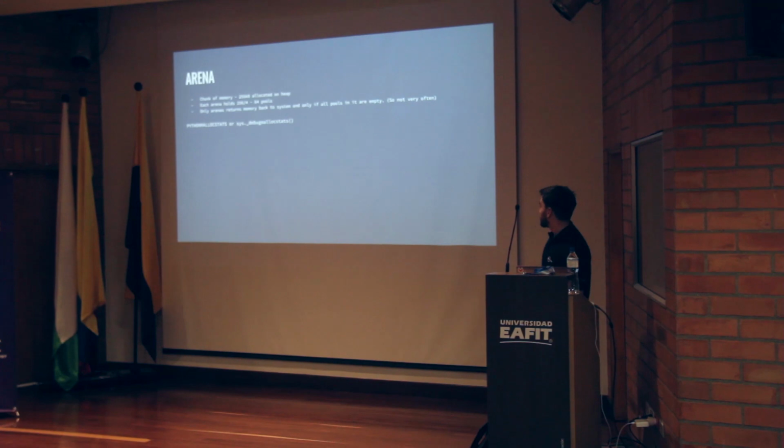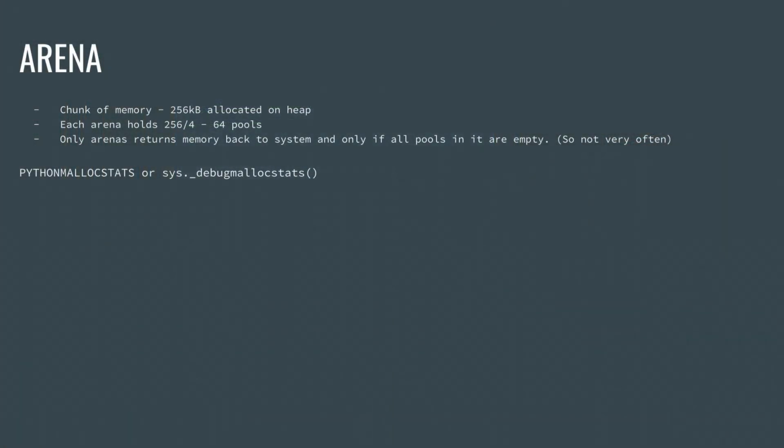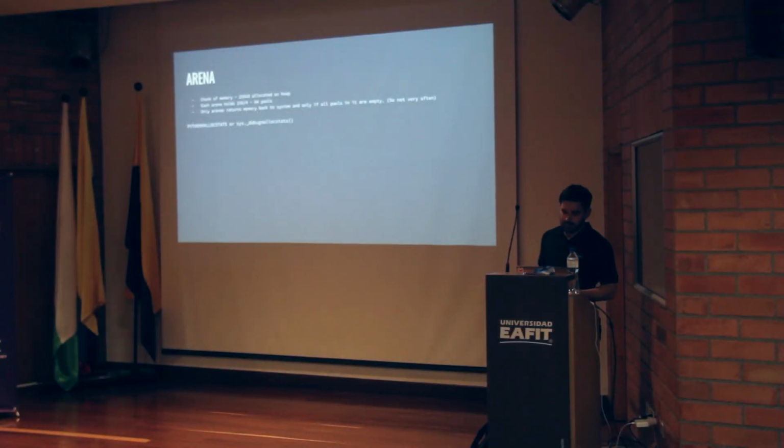Yeah, cool. So next one are arenas. And those are the most important from the memory management view, because an arena is a chunk of memory, and each arena takes 256 kilobytes of memory. Arenas are allocated on a heap, and each arena can hold at most 64 pools, and those pools are of mixed size. And what's important here: